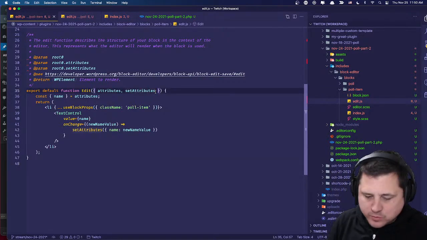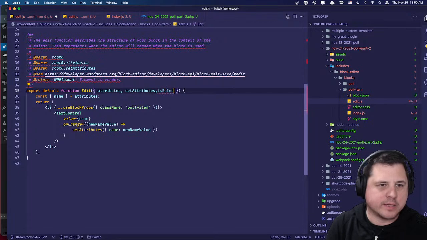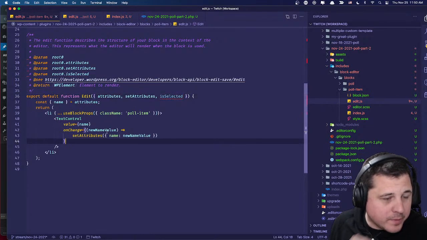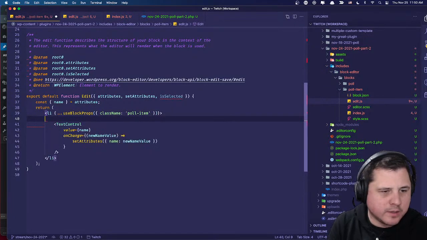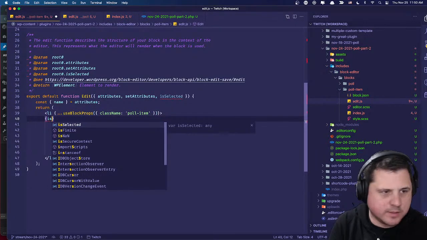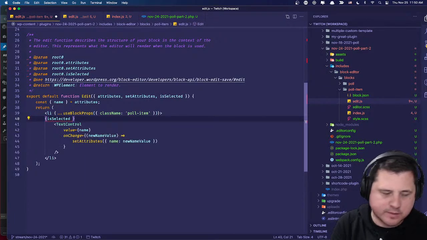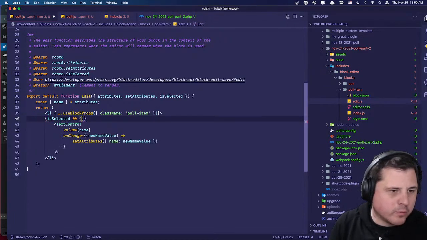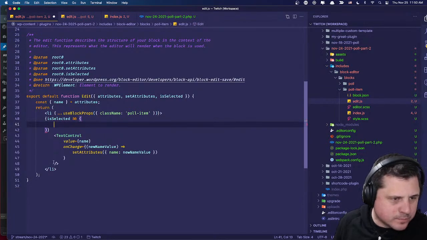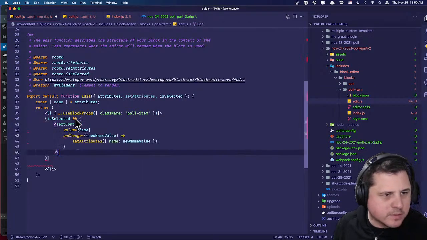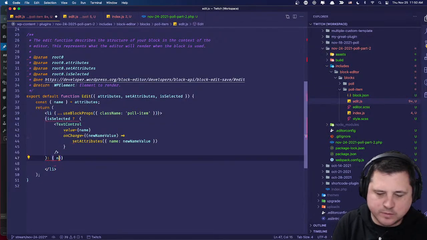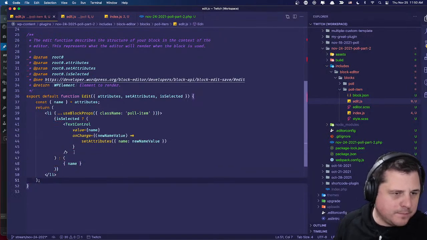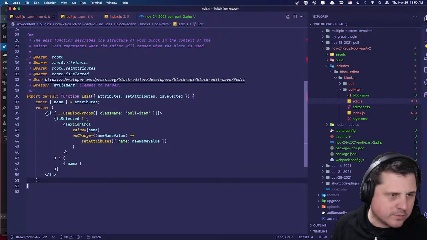So there's a cool little boolean in here called isSelected, right? And so what we can do is we'll toggle between things. We'll do something like this: isSelected. If the block is selected, we're gonna render the text control, right? Like this. If it's selected, we're gonna render the text control. If it's not selected, we're just gonna render name. Right? Make sense? Makes sense. Okay, so